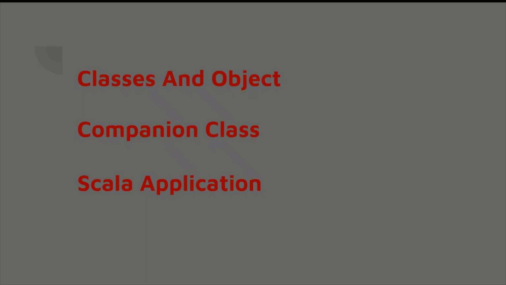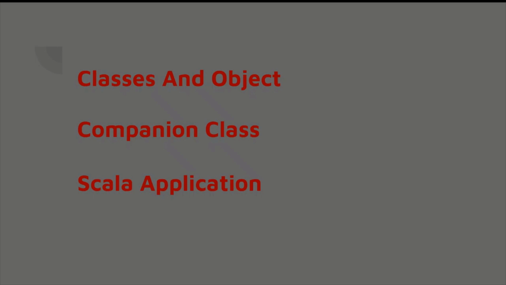So today, in the journey of our Scala learning, we'll be discussing what classes and objects are. We'll see what classes are, and we'll create objects. In this example, I'll create a class, and the name of the class will be the same as the name of the object. We'll see how we create a companion class, and then finally we'll learn what a Scala application is.